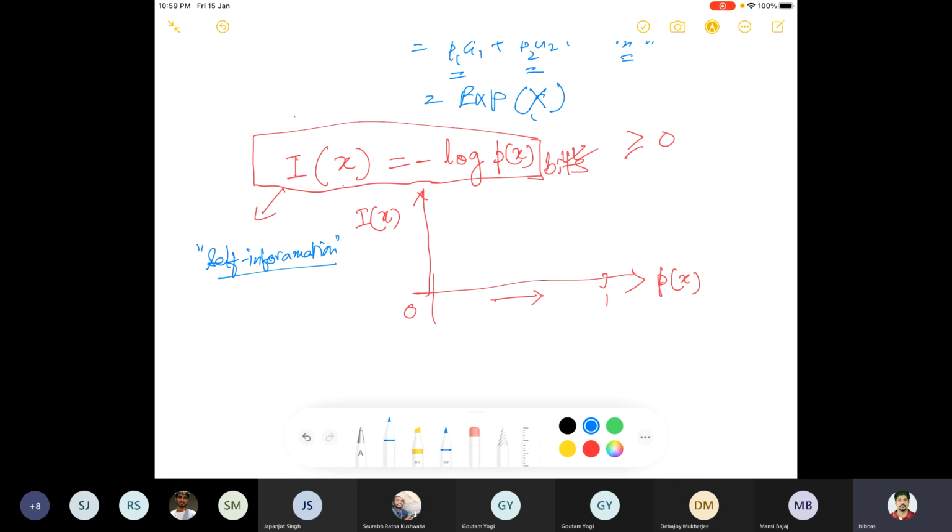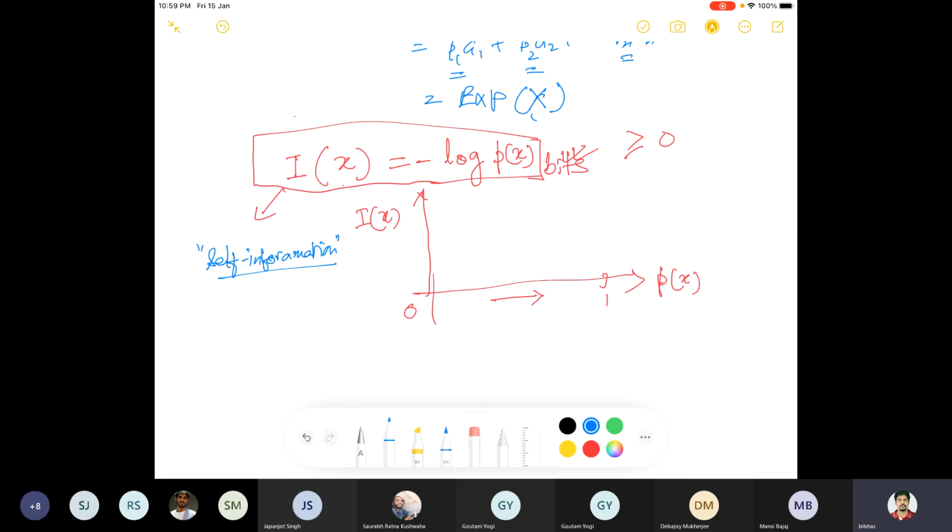Now, if I want to make any statement about the entire random variable, that means about the entire die, whatever has happened for any particular outcome, I have a value. Now I want to say, what is the average value? Okay, I don't care about what particular outcome has happened. I want to talk about the average value, average in the sense of expectation. So what is the expected value of an outcome? So what is the amount of uncertainty, or amount of information, or let us explain this first in terms of uncertainty. So how uncertain any particular outcome is on average.